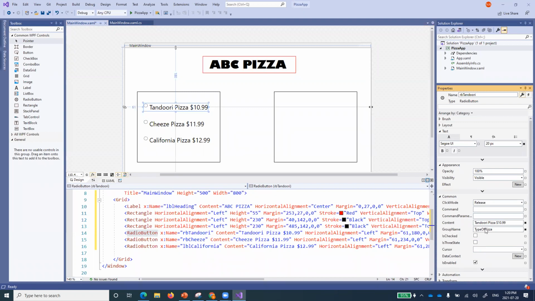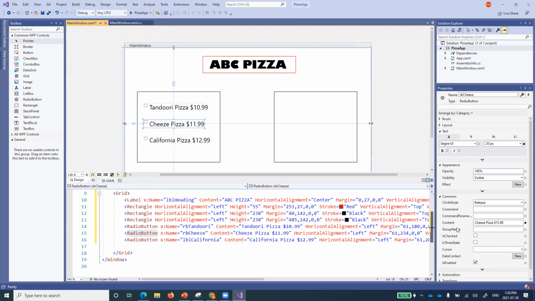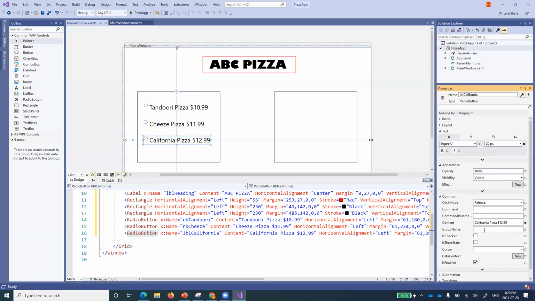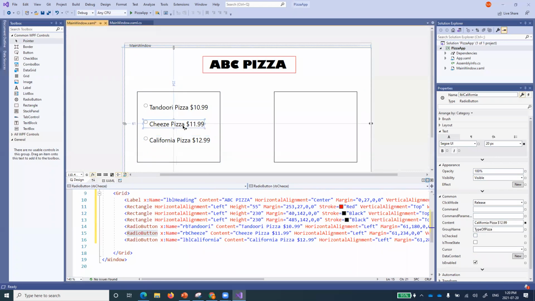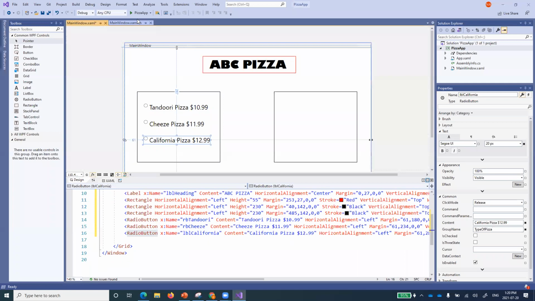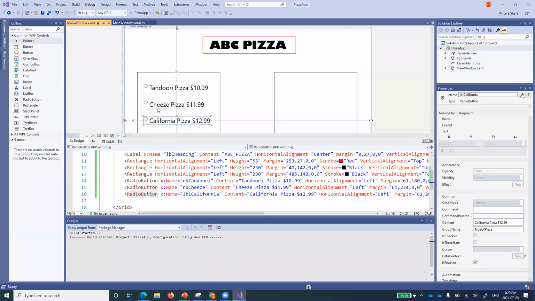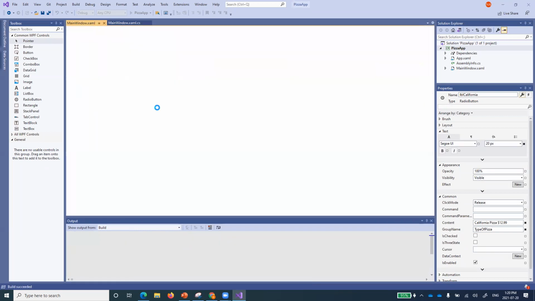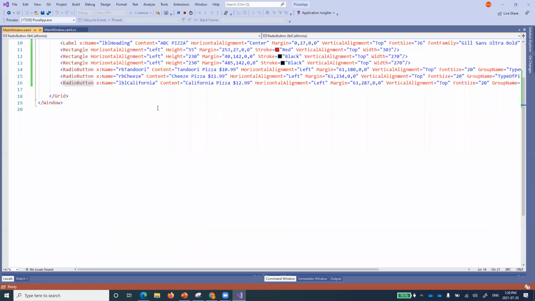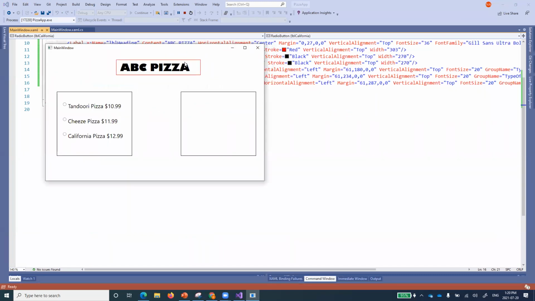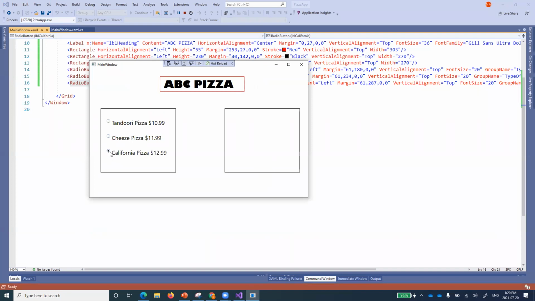You can call it whatever, but whatever you call it, you select that one and copy this. Why? I want to give the same name to this one. Remember, radio button is supposed to have one selection at one point of time. So I've given the same name to all of them. What is the benefit of that? You run that application and you know that if you have given the same name, this will become a group. And if it has become a group, what you can do is that you can always select one of them. All of them will not be selected. You see here, if I select this one and then select this one, maybe this one, so one of them will get selected. If I do not group them, I will be able to select all of them.